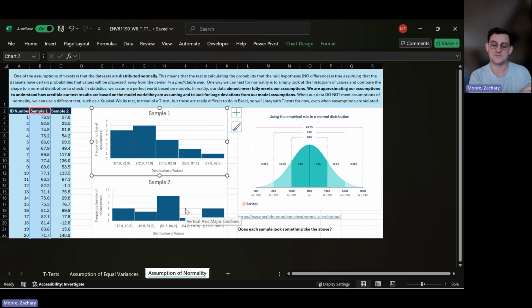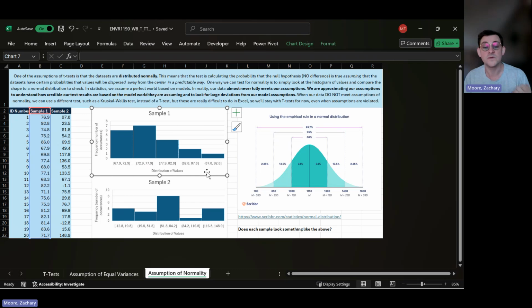use a different test. And that's because those tests can get a little bit more complicated and they're really difficult to do in Excel. So for the sake of ours, I want you to know when we're violating that assumption of normality and why that is important. But we're not going to necessarily change our methods based on violating that assumption. I want you to recognize what this is, and I want you to be able to tell me why it